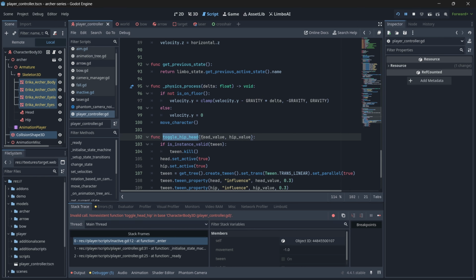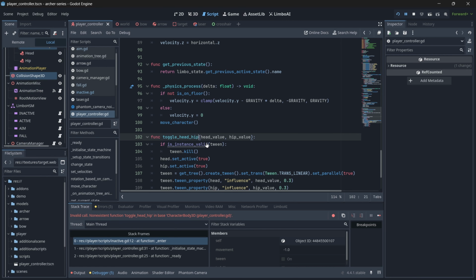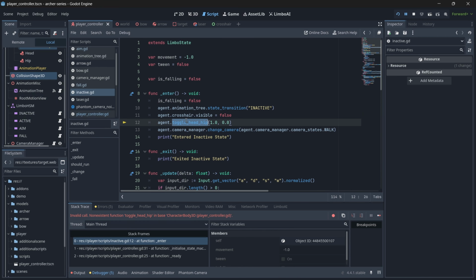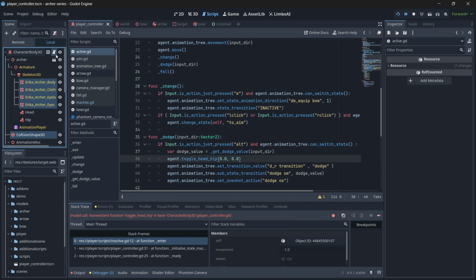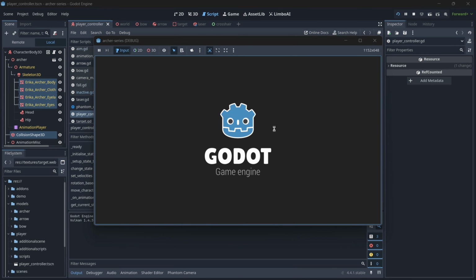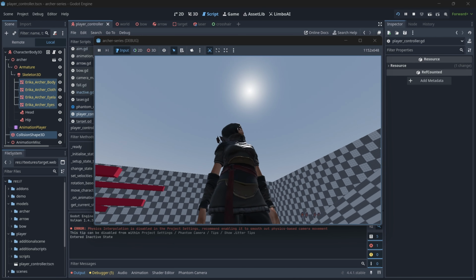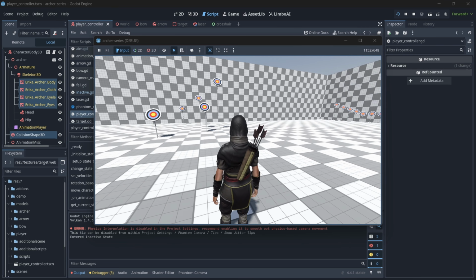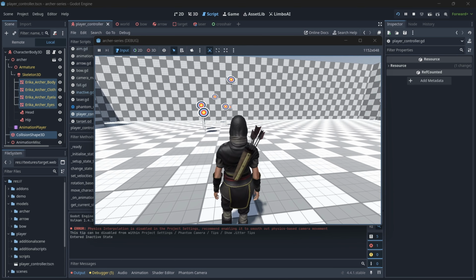Okay, I just reversed this name in all of these functions. So let's just change the name as toggle head hip. Either you can just go ahead and change all of these functions name, or we can just change it here. Okay, let's try and run now. You see the player is properly seeing at the point where we are trying to go on our camera, and